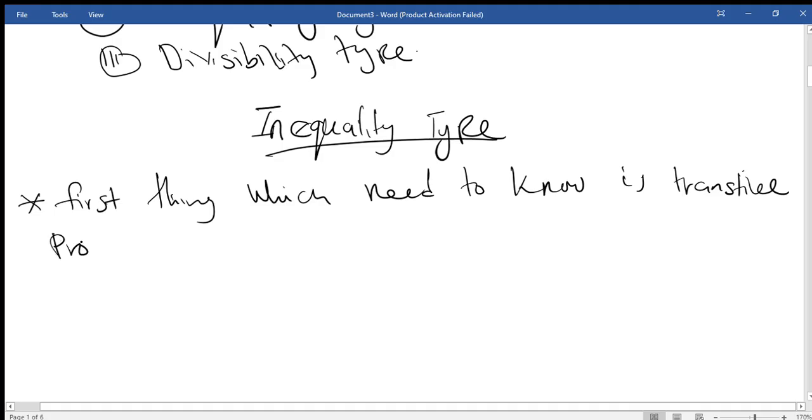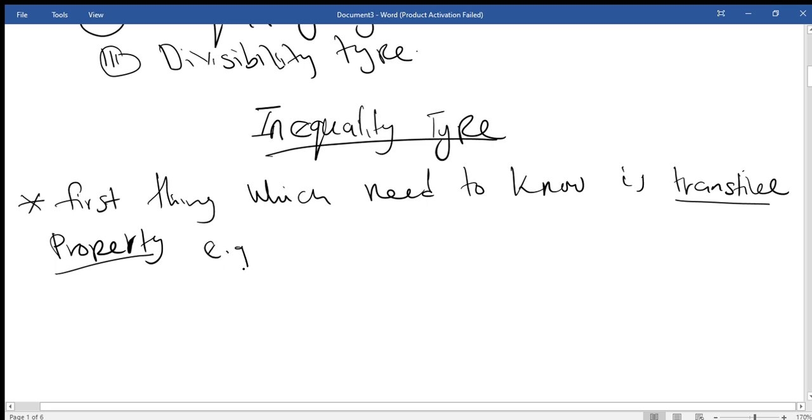How does the transitive property work? This is one thing you have to understand. You'll have situations where you're trying to compare 3 individuals. Let's say, for example, we can simply say